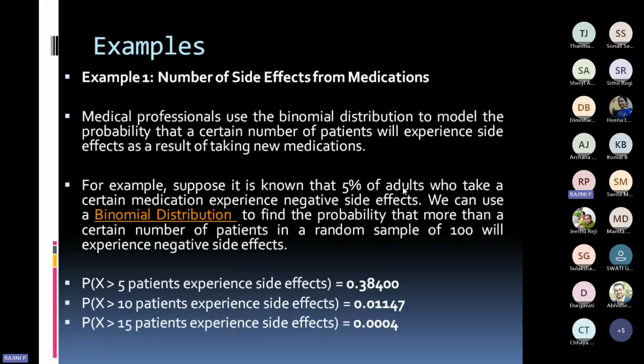Now here I want to know, out of 100 members who used this medication, what is the chance of 10 patients experiencing a side effect? So in that case, to calculate that probability, we use the binomial distribution. So I hope, is it clear?